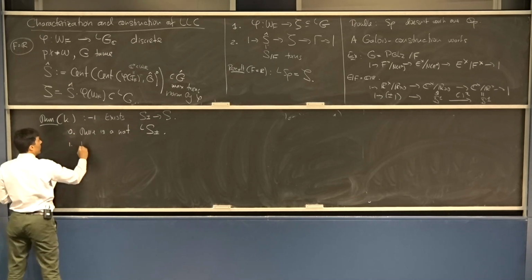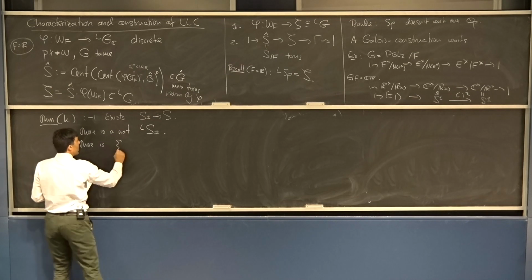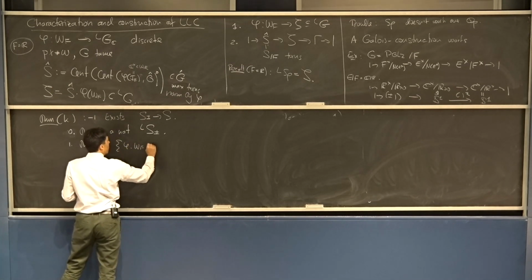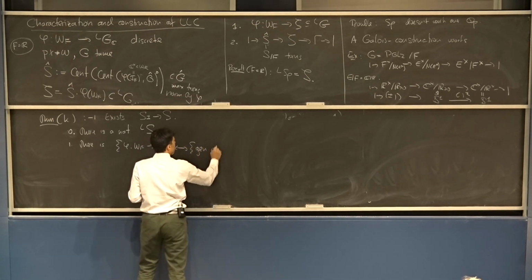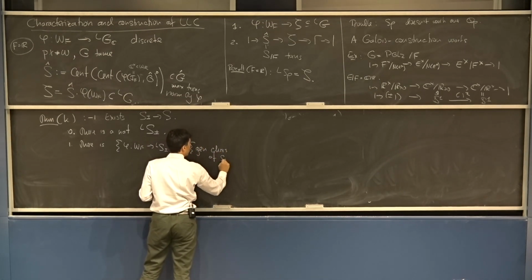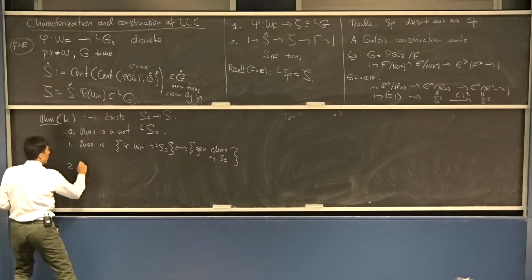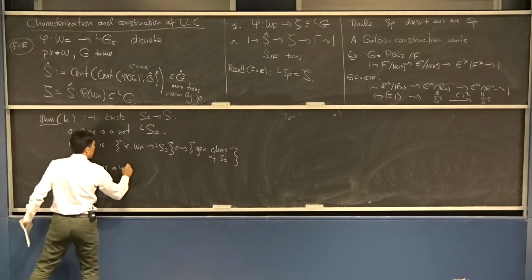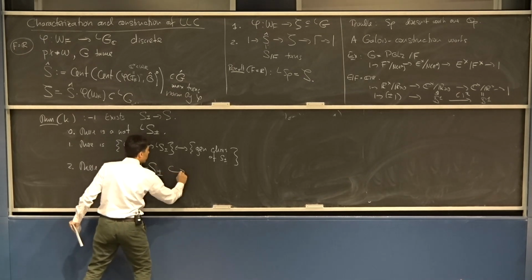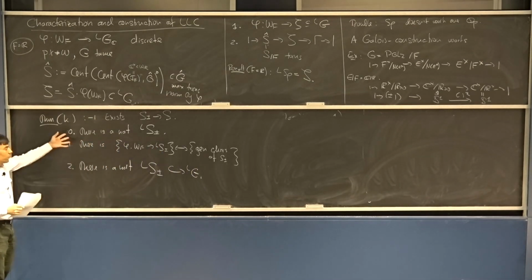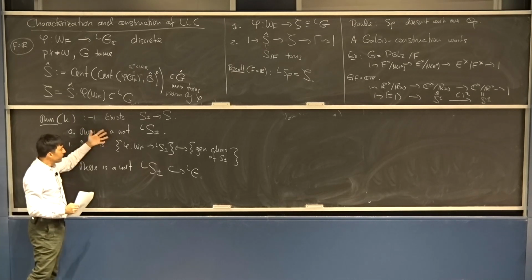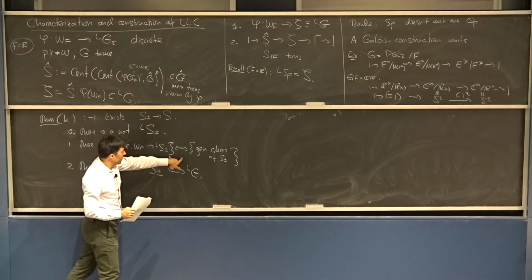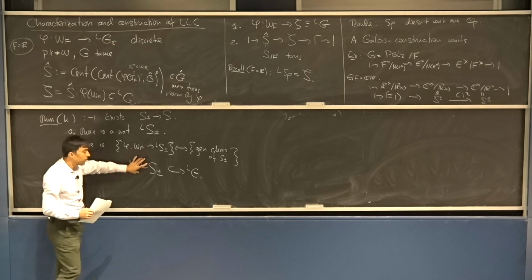And now comes 1. There is a one-to-one correspondence between parameters for this L group and genuine characters of this double cover. And 2 is there is a natural embedding of the L group of the double cover into the L group of G. So this generalizes to any local field the results of Adams and Vogan over the real numbers of the existence of the cover, the existence of its L group, the local correspondence for genuine characters, and then the canonical embedding of the L group.